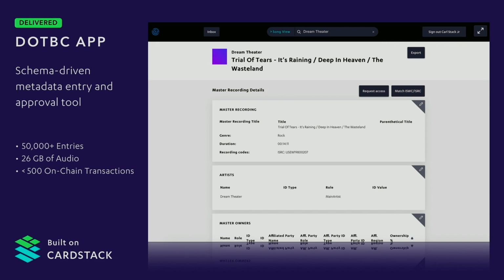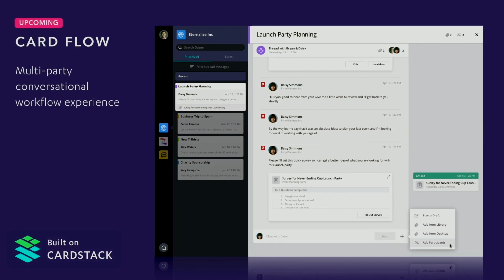So what we wanted to do is that, using this built-on-Cardstack idea, these workflows can be a lot more user-friendly, right? You don't have to understand Git and merging and branching, all this stuff. A lot of it is just files moving back and forth. So in this particular